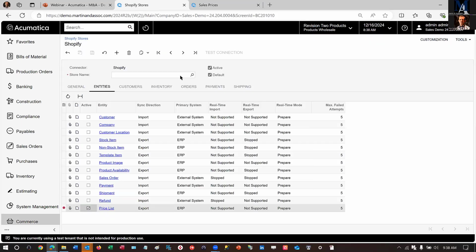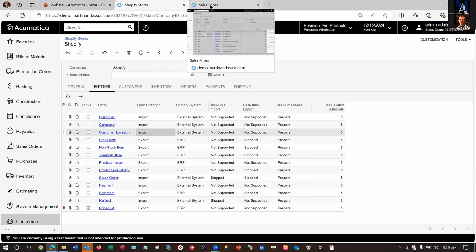All of this data is now eligible to be synchronized automatically with Shopify in near real time. All right, so price list sync for Shopify all the way down to the customer location level. So a given customer, if they're logging into a B2B account,